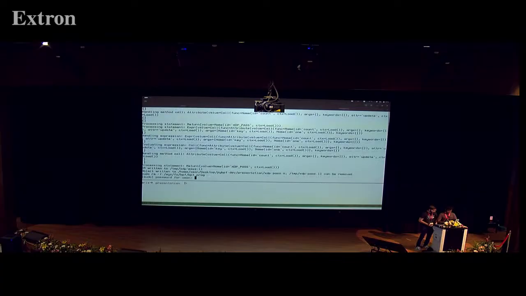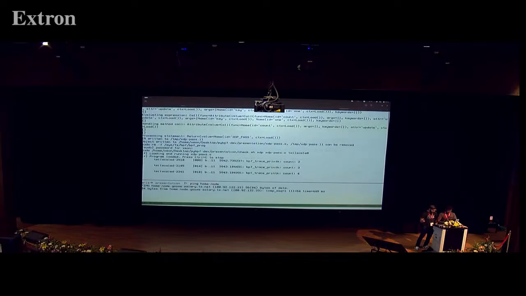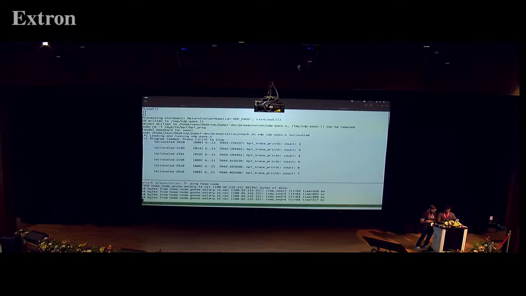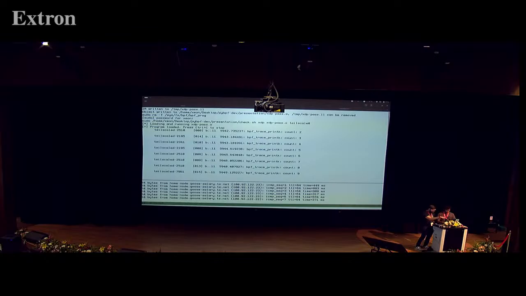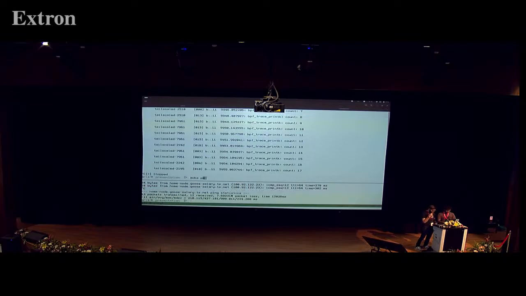So for the pass-through first example, we ping another computer at our home, connected on the Tailscale network, ping a home node. So you can see the ping packets are going back and forth. On our computer, we can see the BPF program increasing the counter, and the ACKs are also going back. We have a good amount of packets sent.